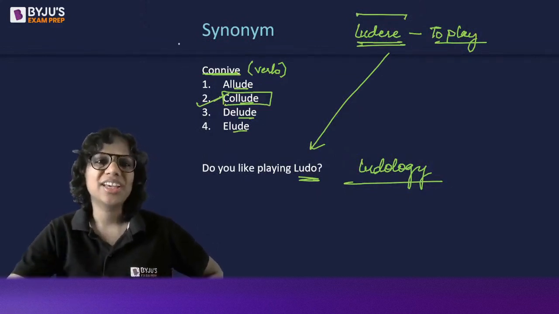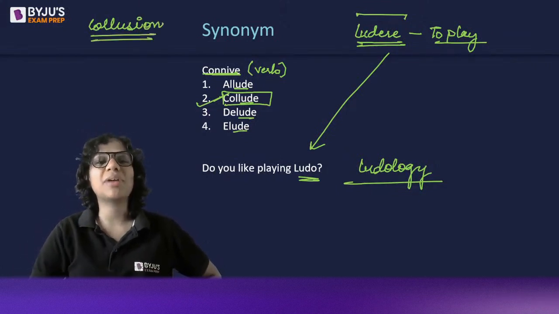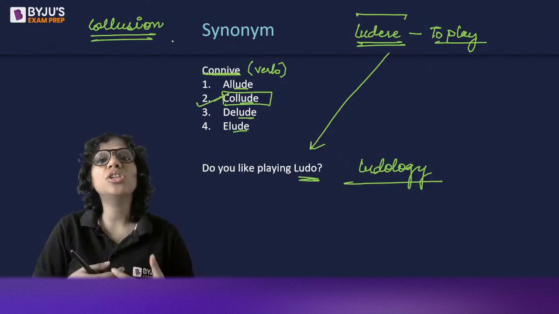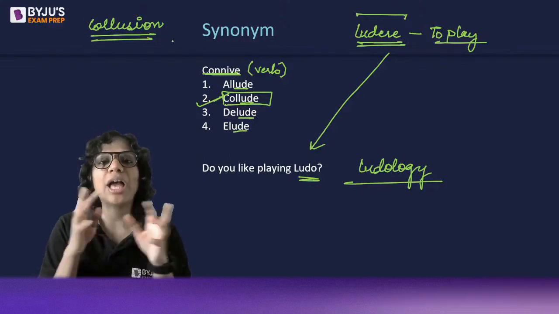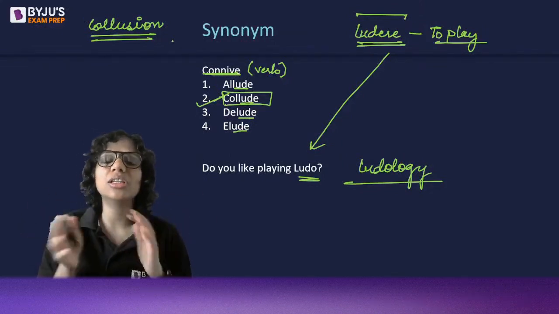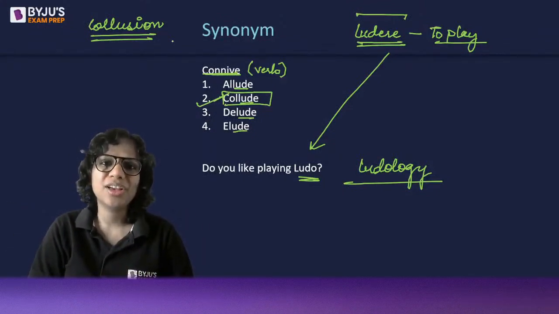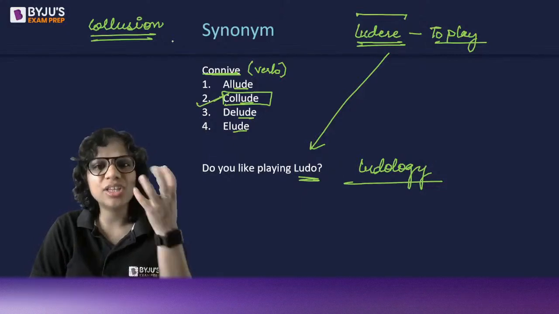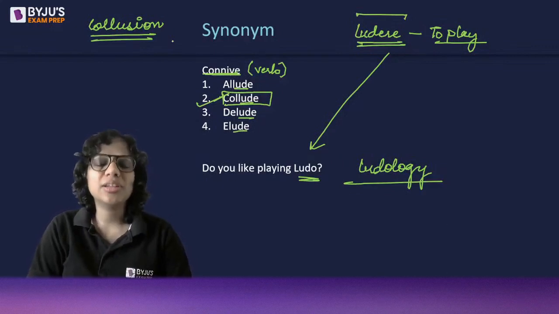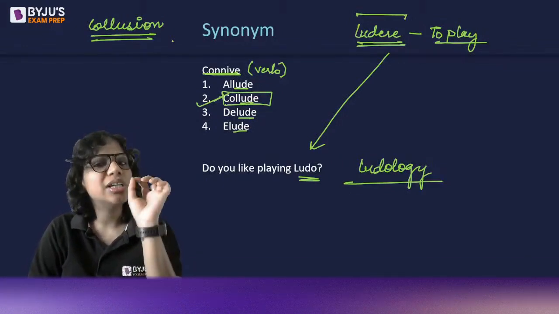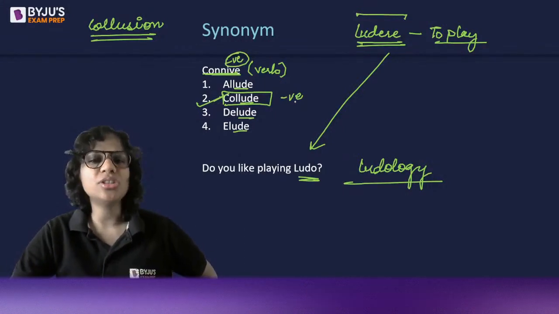Again, collusion. You must have heard this, collusion and cartelization, in case you have a commerce or an economics background. So when companies collude with each other, sometimes they want to avoid competition. So instead of competition, they go for collusion. They'll collaborate with each other and they'll keep their prices similar, or they'll keep some other strategy similar, so that a new competitor is not able to enter the market. Or so that they retain their collective power. So that is to collude. So 2 is a synonym, and it also retains that slightly negative tone, a negative connotation.